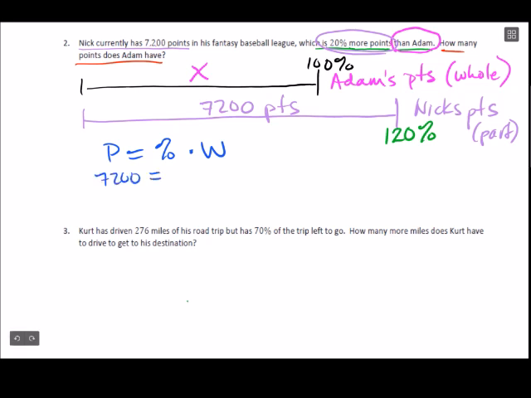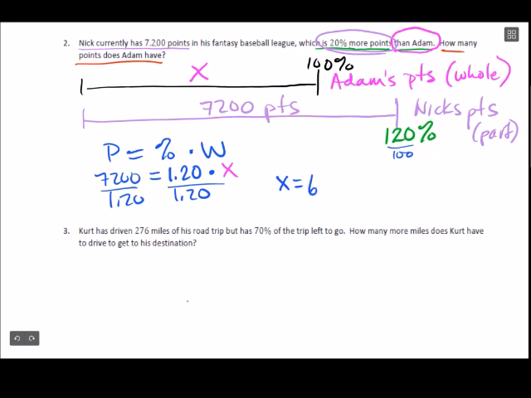7,200 equals our percent. This time it is 120%. We take 120 and divide it by 100. Percent's always out of 100. It's 1.20 as our decimal. And our whole is the thing we're trying to find out. That's our x. So to solve for x, we divide both sides by 1.20, and we find out that x